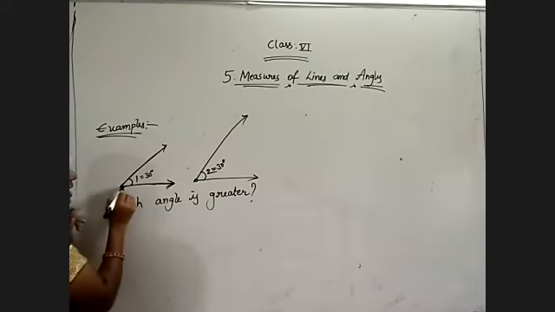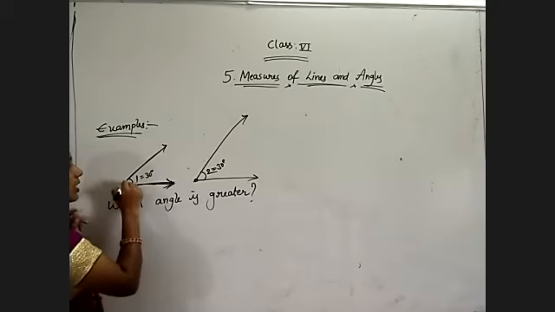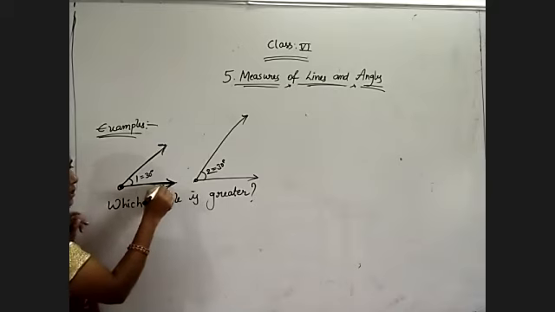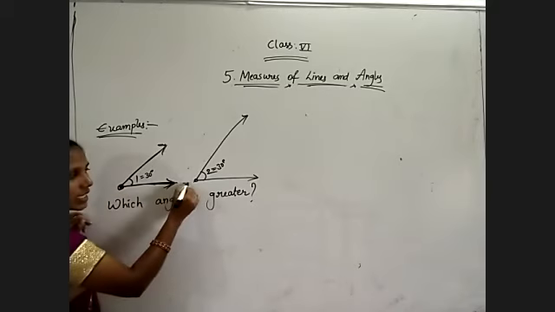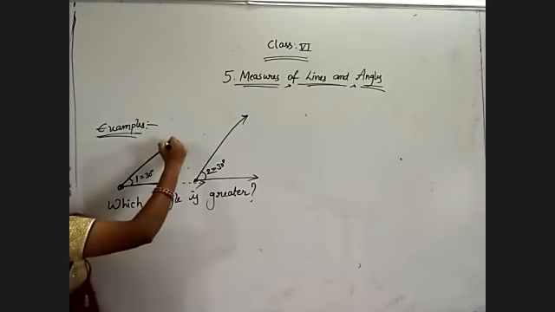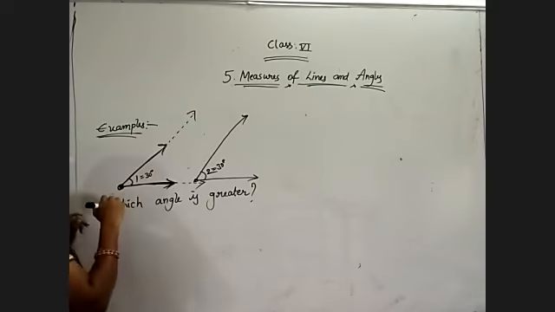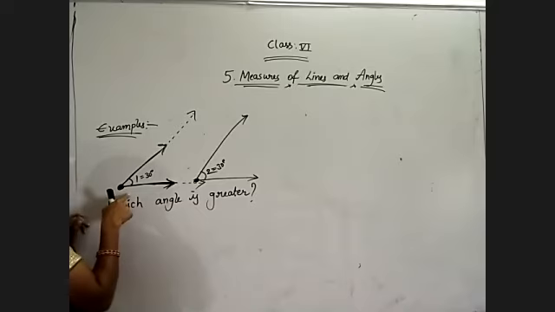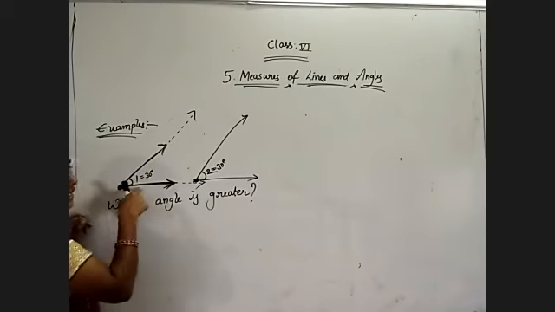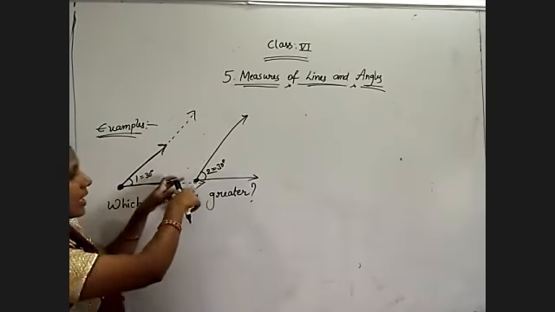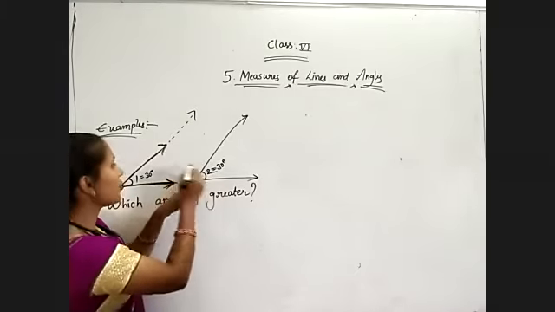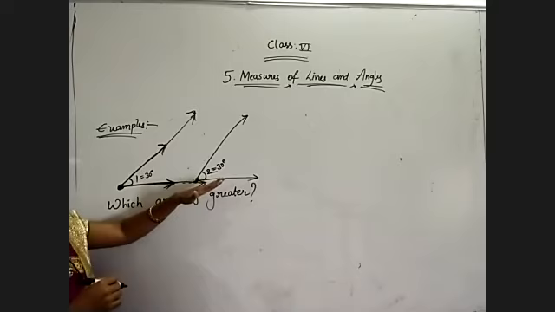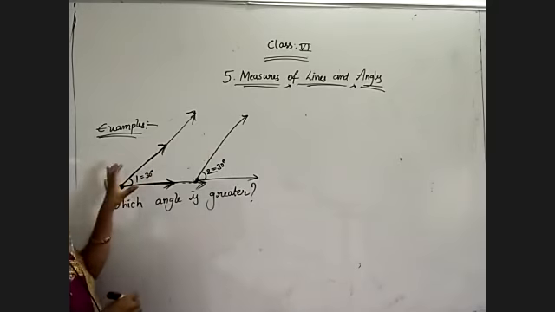Why am I saying this? Just observe these two rays. A ray is nothing but what? A starting point is there, but there is no ending point. Means we can extend this portion, and this arm also we can extend. Yes or no? See, we are finding the angle where the vertex is there. Now here angle 1 is 30, angle 2 also 30 itself. We are finding the angle here. If you are extending the rays, there is no problem; that never reflects on the angle.